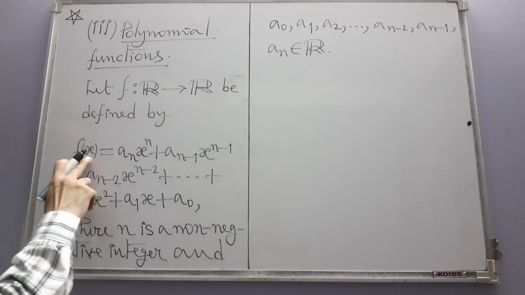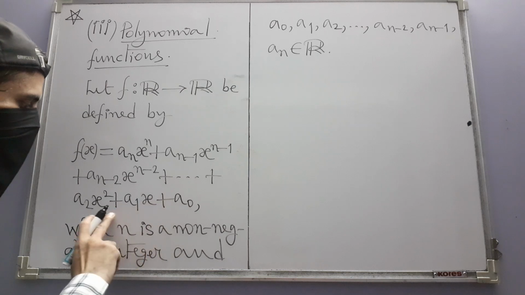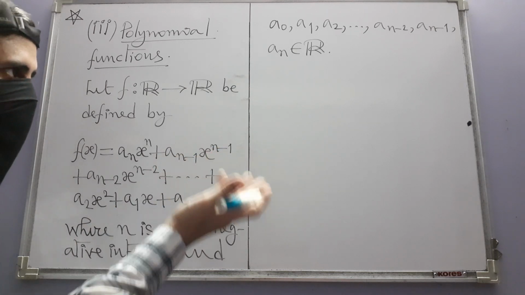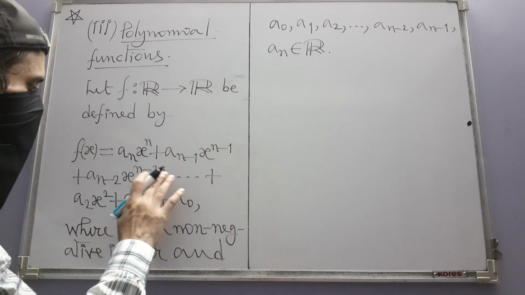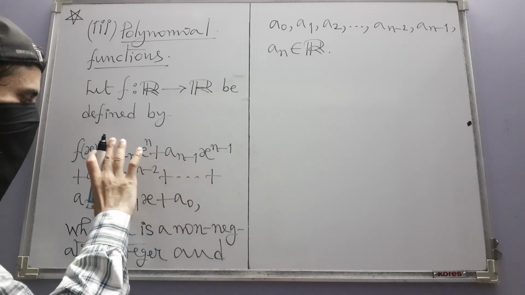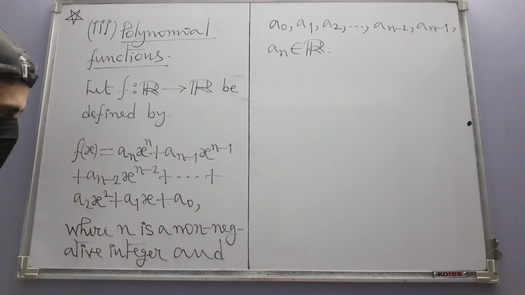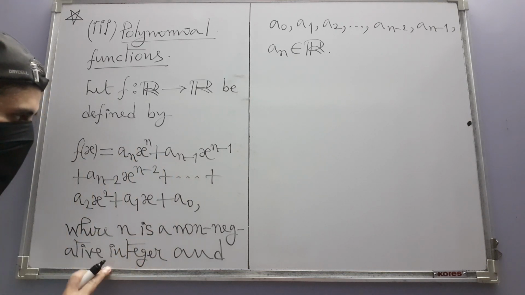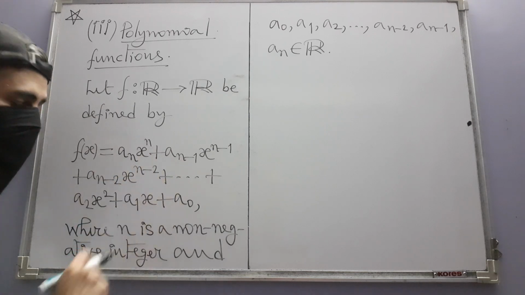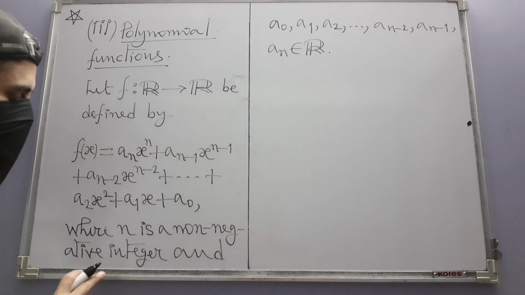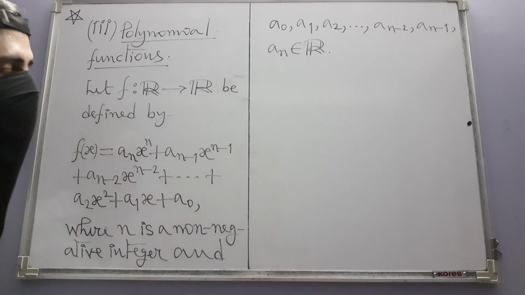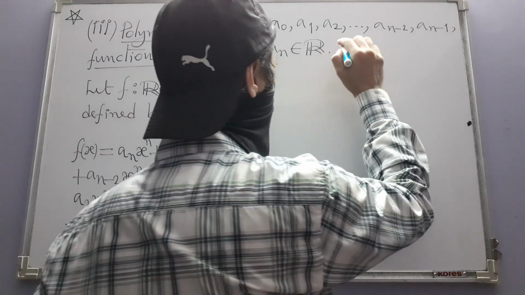Okay, so the function formula here is much more complicated than our constant function and identity function. But if the formula looks like this, where n is a non-negative integer and these are called coefficients, you already know these things. They are all real numbers. Then